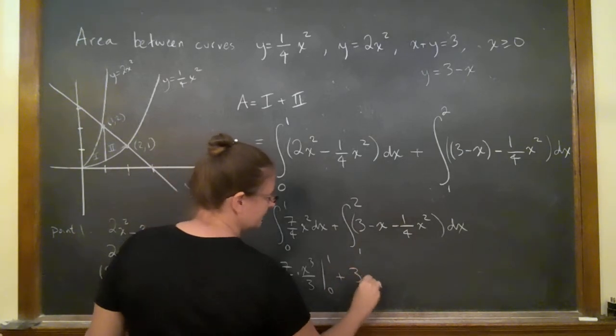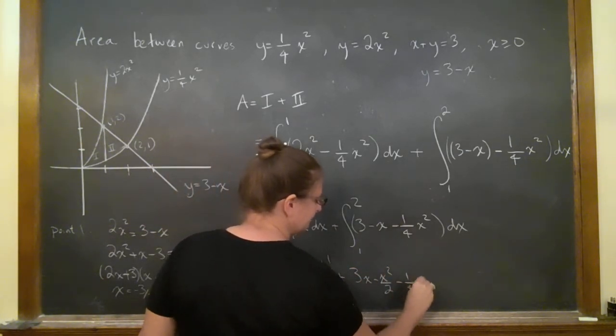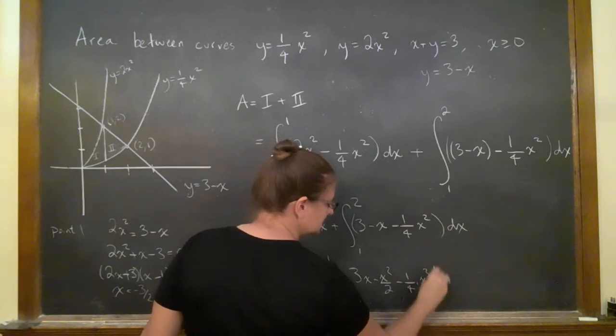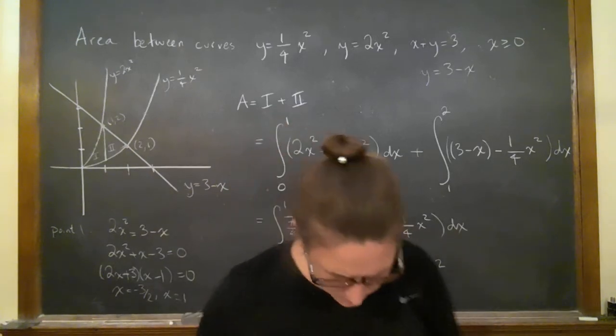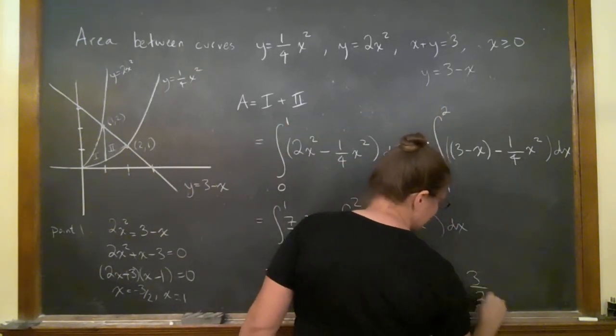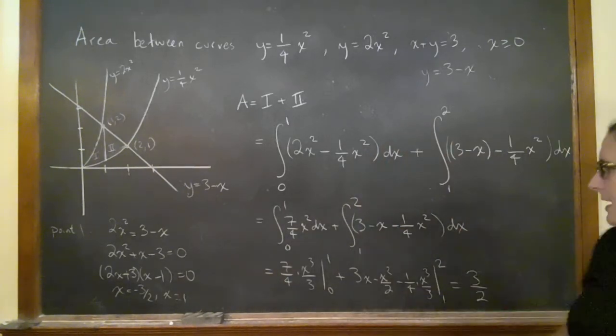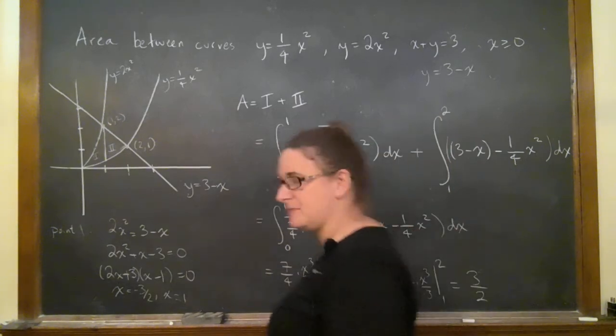And then I've got this. Anyway, when you evaluate all that, I actually did this somewhere. It turns out nice. It turns out to be 3/2. That's what I got. Anyhow, so you don't all have to watch me do arithmetic because that's